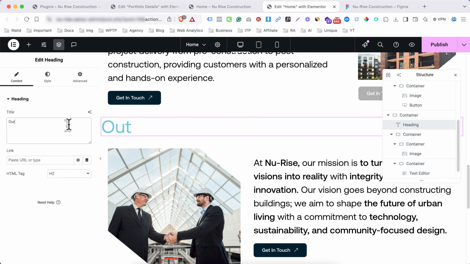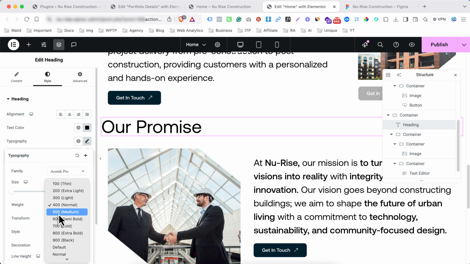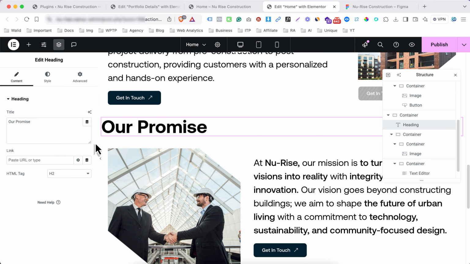The text is our promise. Font weight bold. Okay,